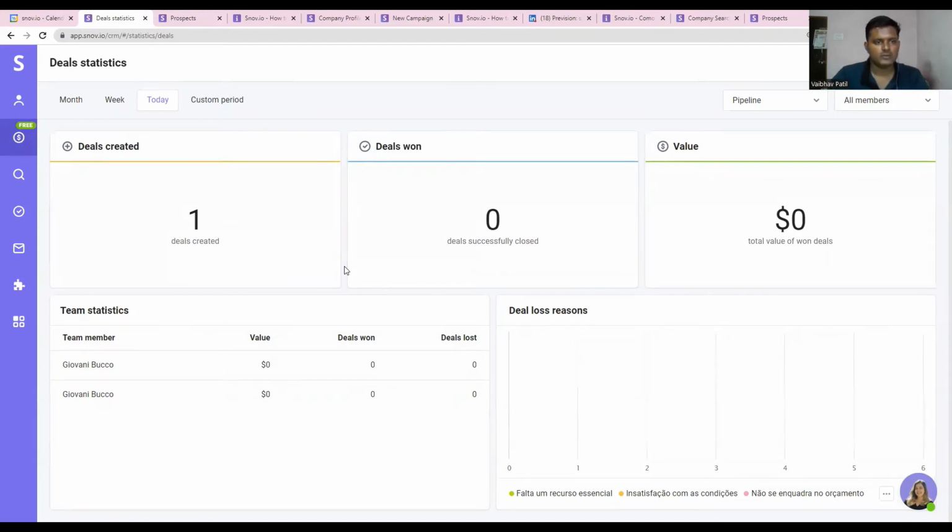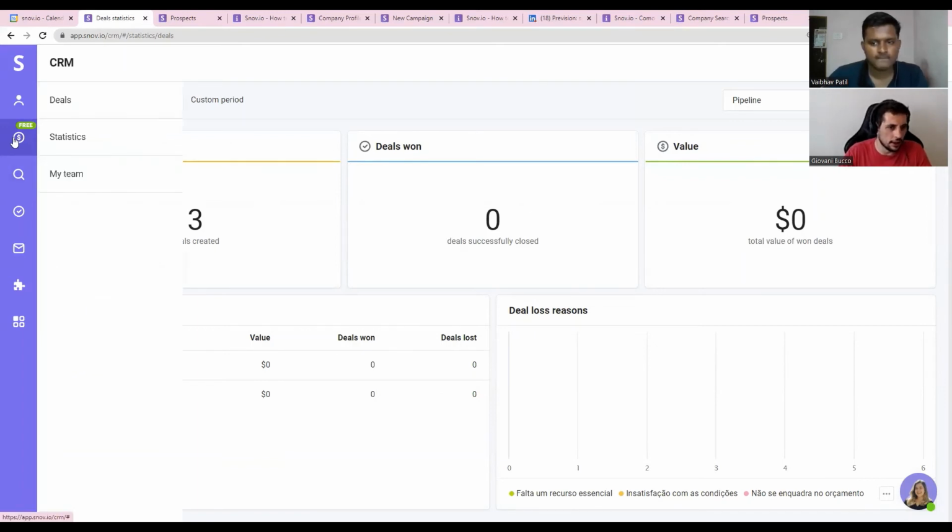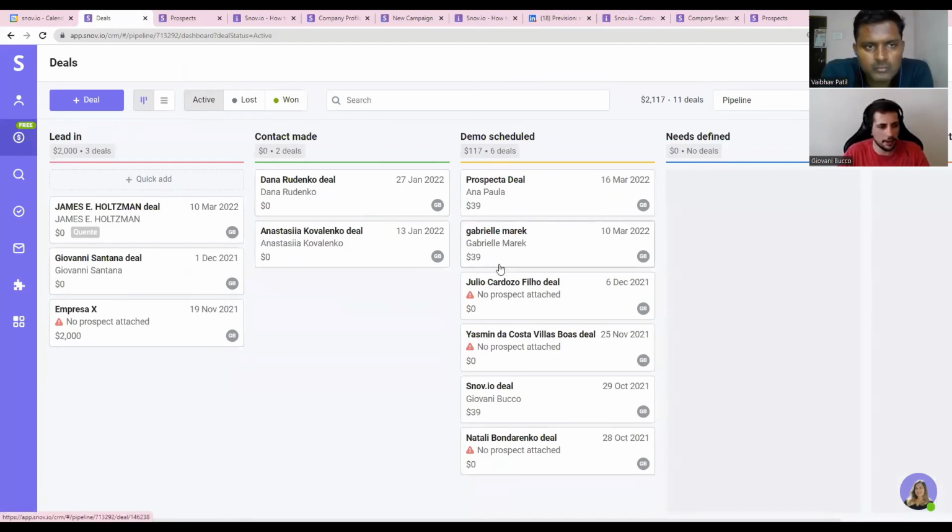It's for you not to go crazy and to understand who actually answered, who is an actual potential deal, not just a prospect. So it's a little bit farther down the road, and we can have some statistics here to check how many. I've not been using it a lot, but you can check how many deals were created, how many deals were won, the value, and we are adding updates to our CRM weekly. So we'll have a bunch of things here and probably some updates soon again. But that's the idea.